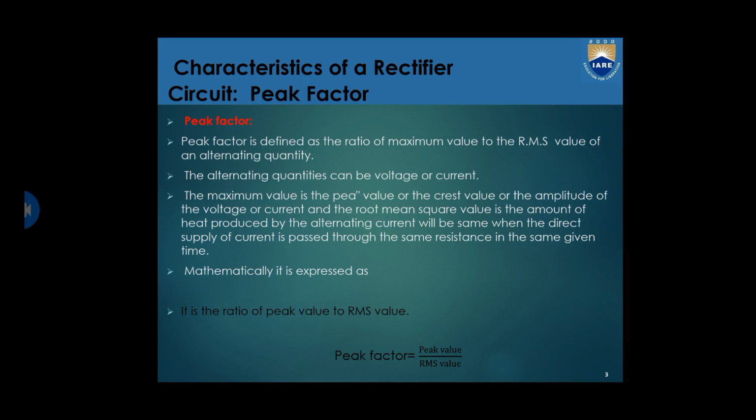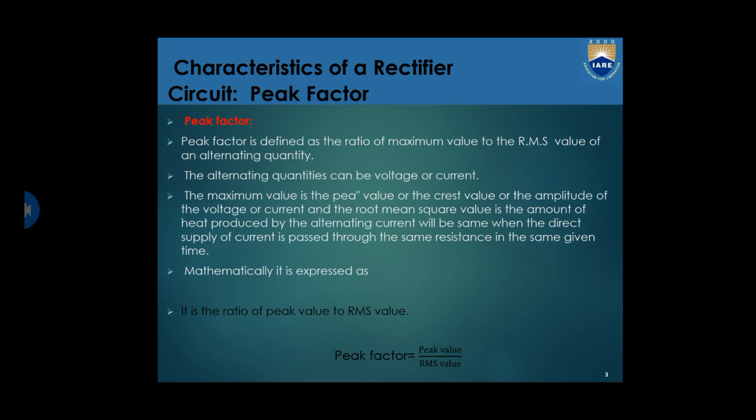Peak factor is defined as the ratio of the maximum value to the RMS value of the alternating current. If you are given an alternating quantity, it is the ratio of the maximum value to the RMS value. The alternating quantities can be voltage or current, anything you can take. The maximum value is the peak value, or crest value, of the amplitude of the voltage or current,